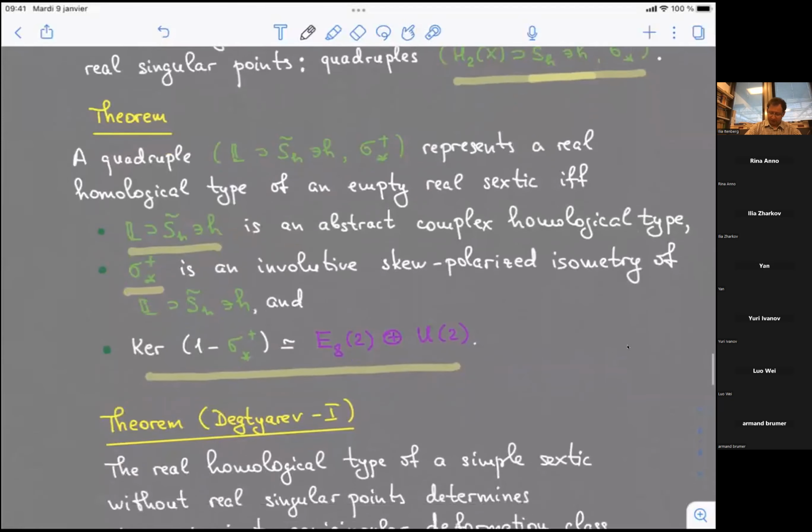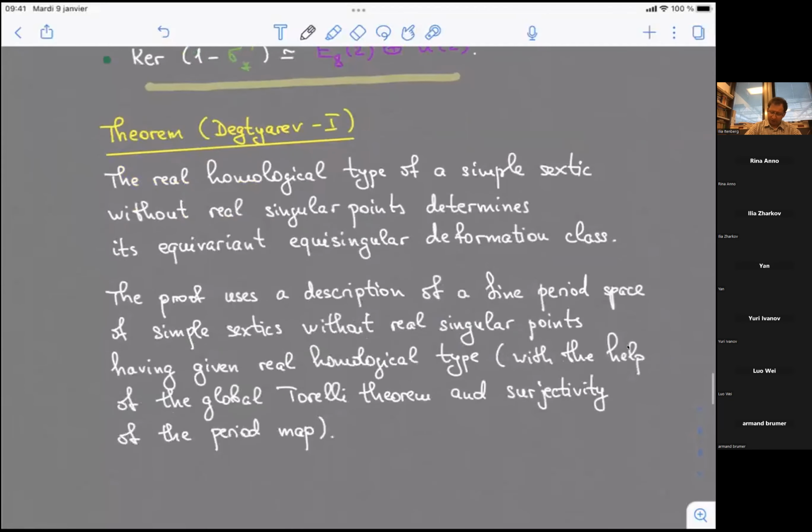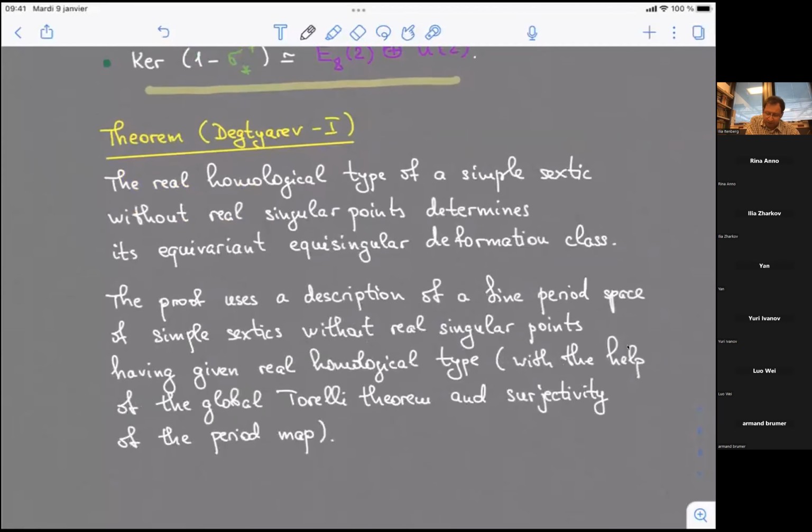So now I am speaking about real homological types of real sextics in a more general situation. But now I assume just that there are no real singular points. And so in this case, once again, I can distinguish between the 2 liftings. So if I have a real sextic without real singular points,